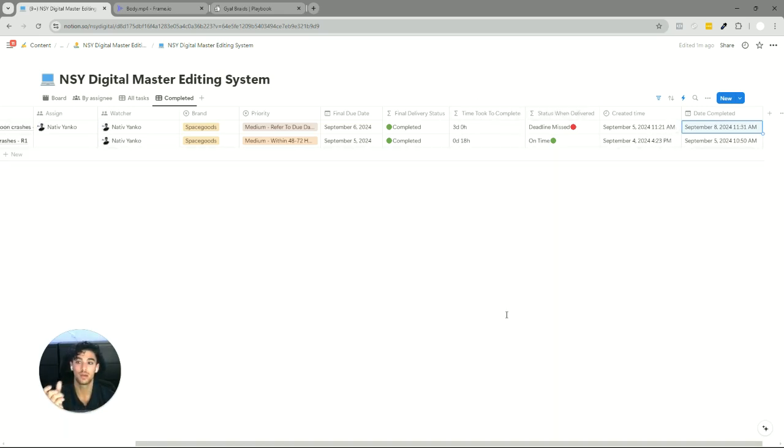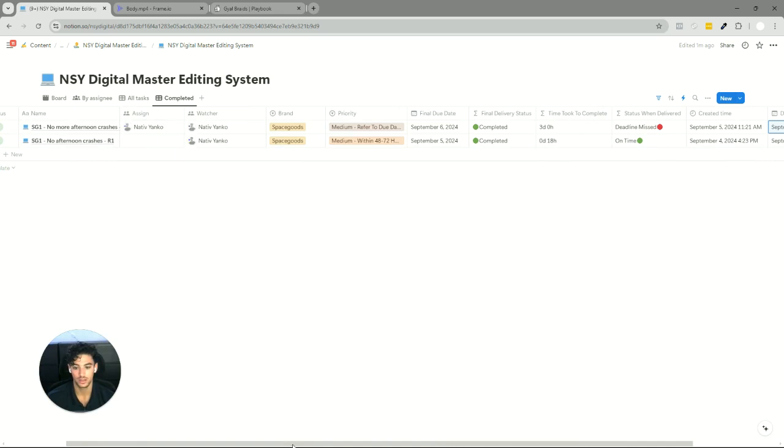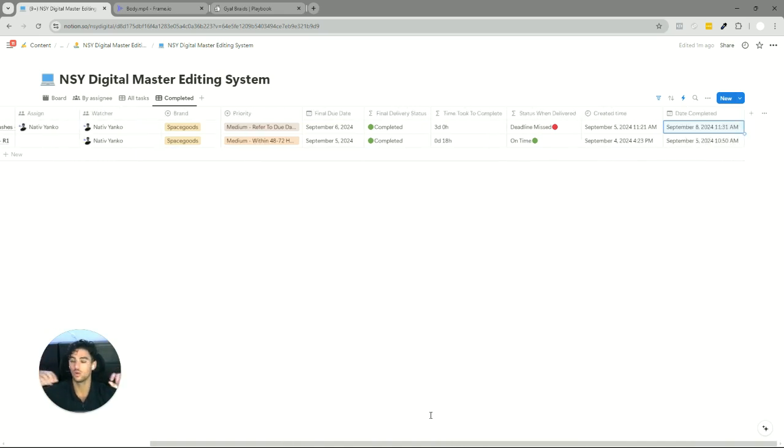And the reason this is so powerful from a managerial perspective is because let's say you have 20 different edits here. You will be able to see on a macro view which editors are missing their deadlines, which creative strategist and editor combination are missing their deadlines, how much on average it takes to complete, so you can forecast to your clients or forecast how much before you need to create the ads before we get it